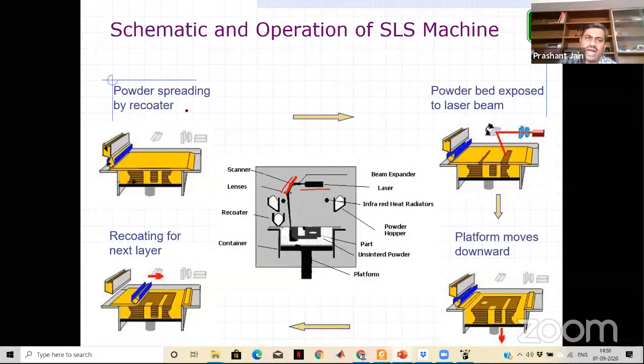So this process starts with the powder spreading by the recoater. You see here, these are the solidified layers you can see on the bottom, right? And this yellow color is unsintered powder, and that is the build platform. Every time this build platform will go downward by one layer, right? So in this situation, you can see here this powder recoater has the powder, and if we talk about polymer material, the powders are available in 40 to 60 micron.